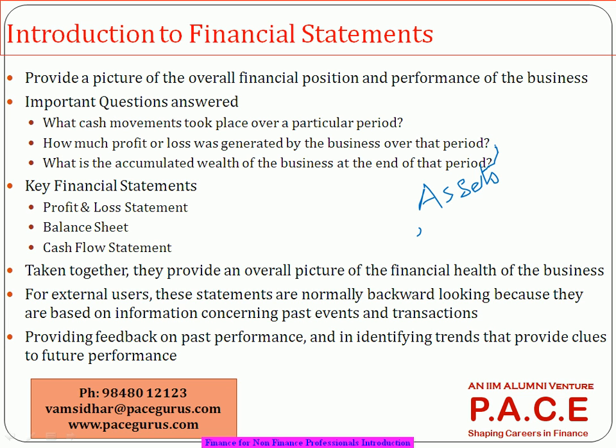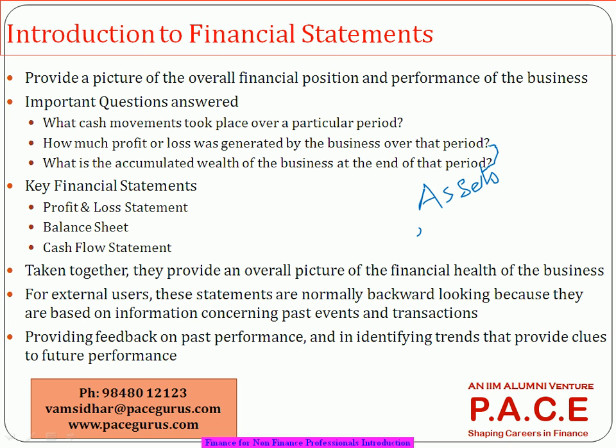So the balance sheet always contains nothing about the year, only the position at the end of the year. At a particular point in time, what is it that I have, what is it that I will get, what is it that I will have to pay in the next year. Let's say I have taken some goods on credit on 25th March, but I have a deadline until 1st of May. So as on 31st March, it looks as if I did not pay that. It is outstanding from my side to pay to the other party.